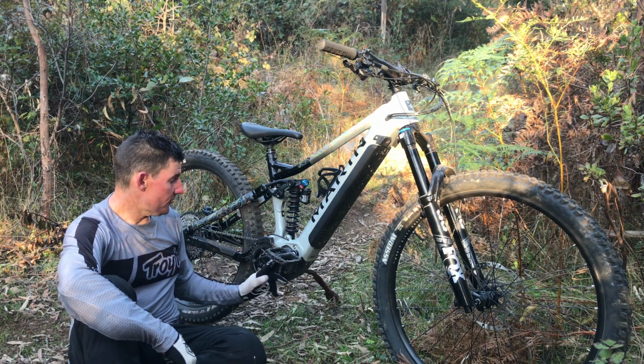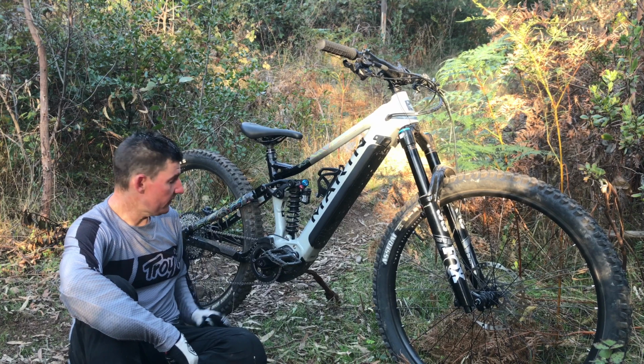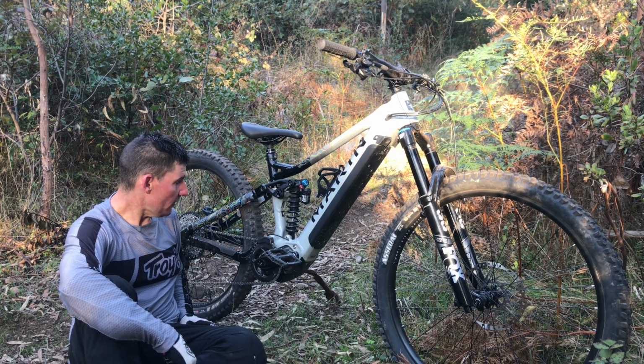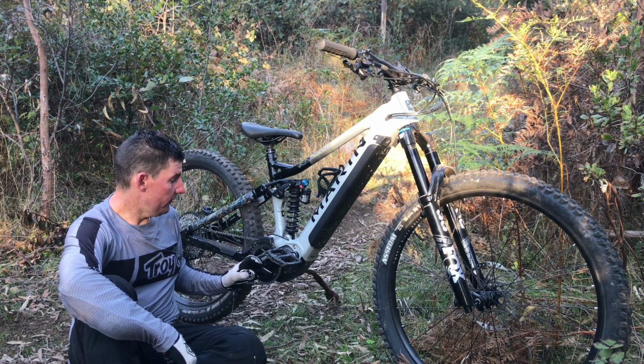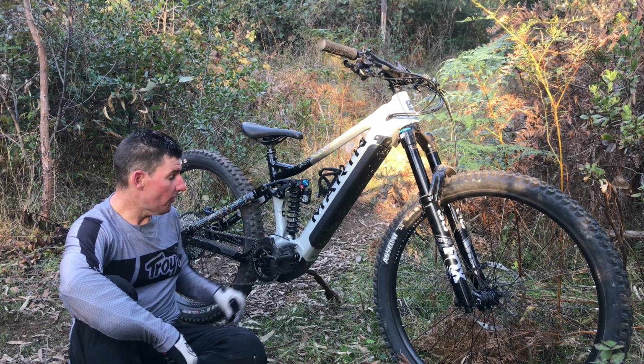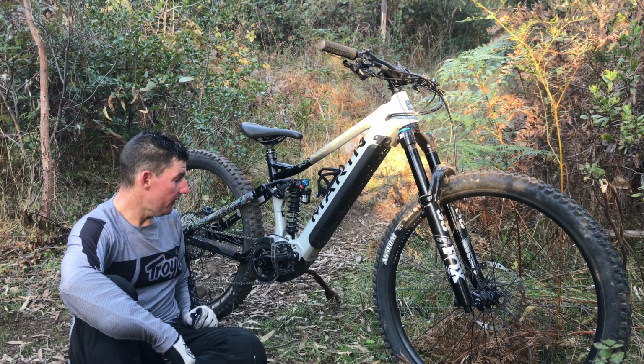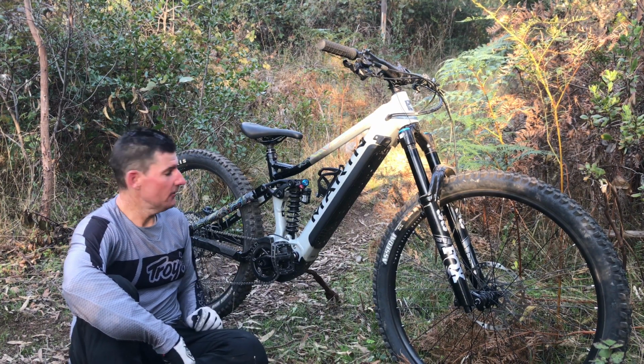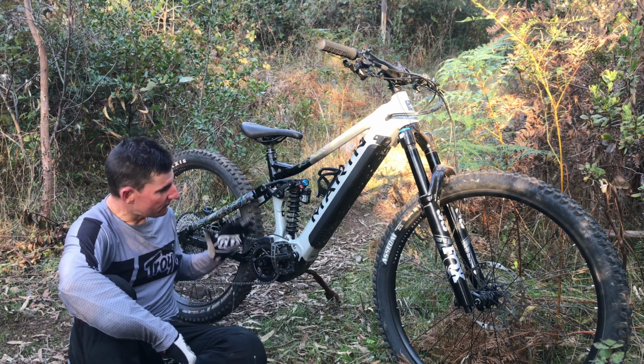165 cranks. I've just changed these XTs off the E13s because the E13s apparently cracked the splines. So yeah, XT, these are 165s as well. I would have gone 160s or even 155s. I definitely would have gone 160s for an e-bike. Absolutely. Just give you a bit more clearance and it'll allow me to stay low in this back. The ride height,